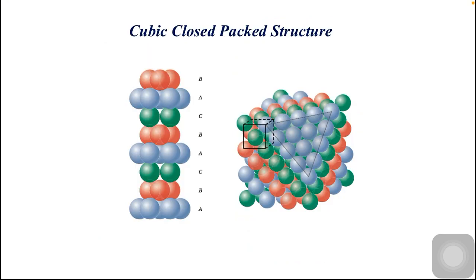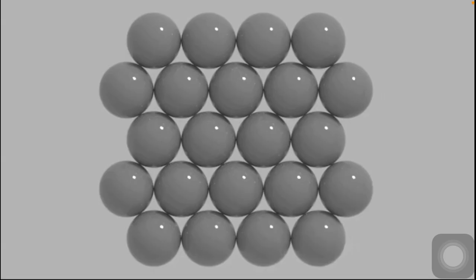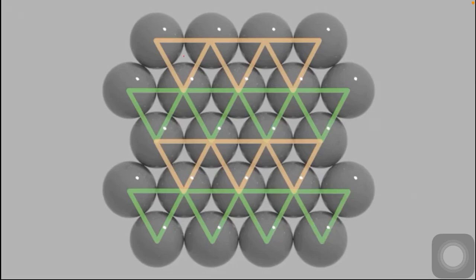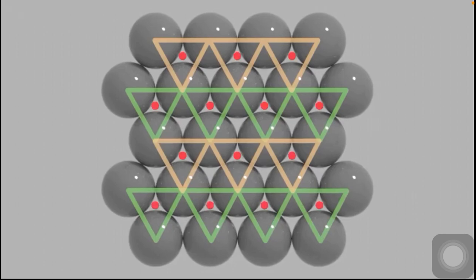Now next, discuss about the cubic closed pack structure in which atoms are stacked as ABC type. Again, let's start with first layer and mark the voids which are present in between these atoms with red dot. This is the side view of first layer. Then again mark points. These are the voids which are present in between the atoms of first layer.